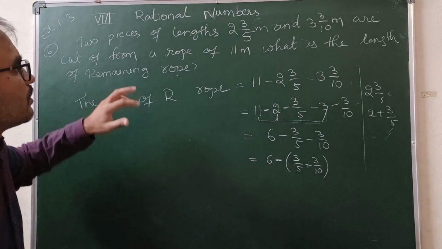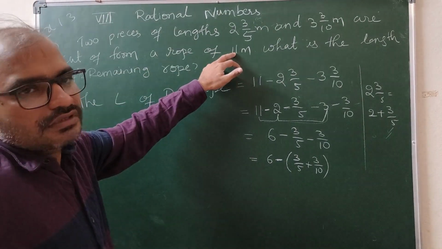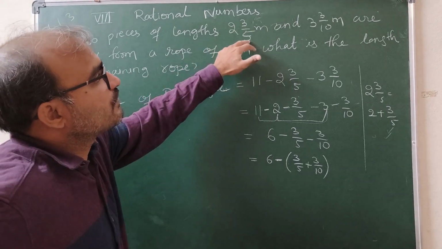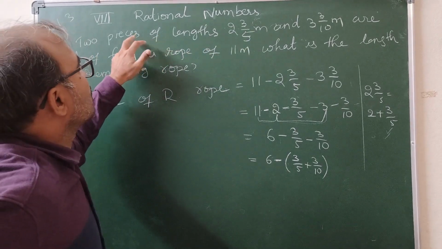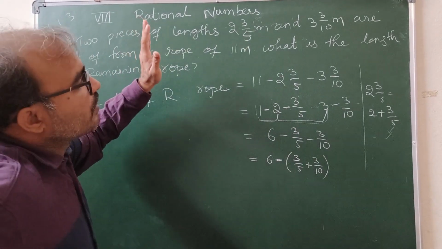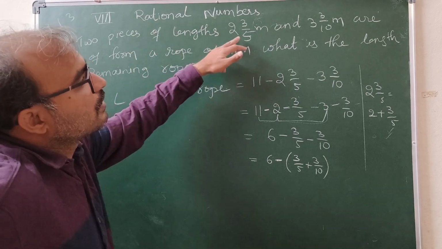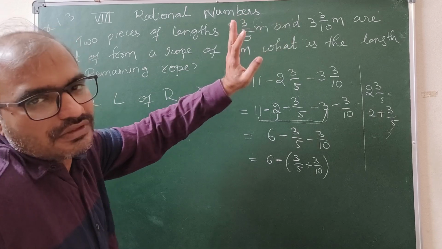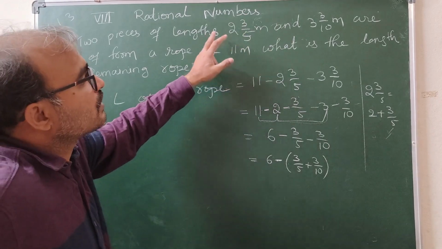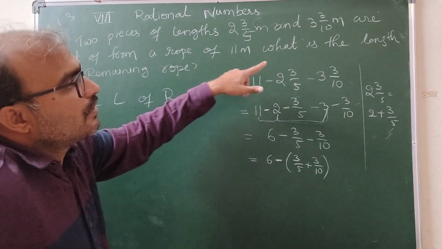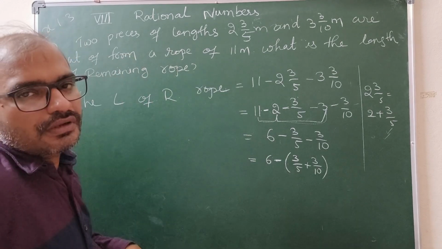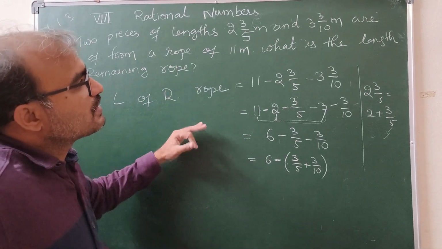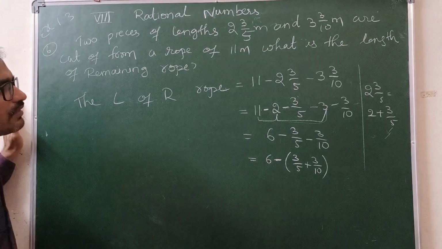Means there was a rope of 11 meters. From that, first of all, 2 wholes 3/5 meters is cut. Cutting means removing, right? Taking away. And the next 3 wholes 3/10 meters also cut. So after cutting 2 pieces, we have to calculate the length of the remaining rope. To simplify this in an easier way, you have to have the knowledge of